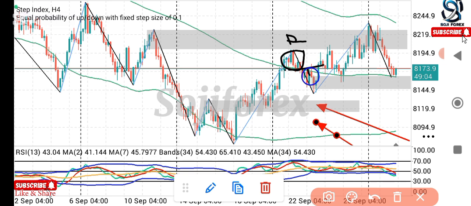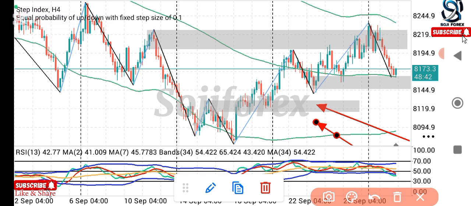You see that rejection, and then price sold to the downside. Do you see that? Then when price came into these zones, price left here. We do not have any marked zone here, so we are just waiting. Price left here again and went into this level of resistance again,